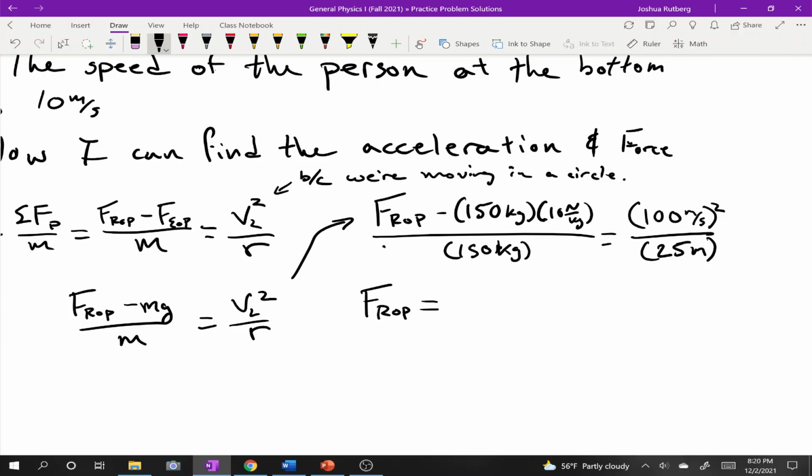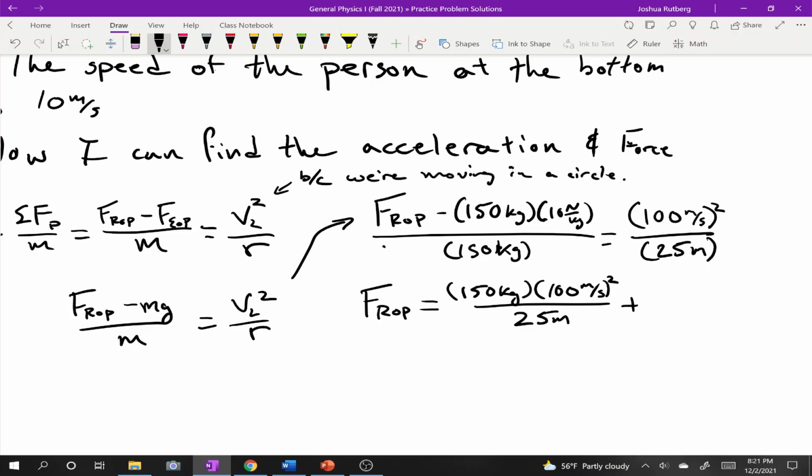Multiply both sides by 150. So I get 150 kilograms times 100 meters per second squared divided by 25 meters, and then add the